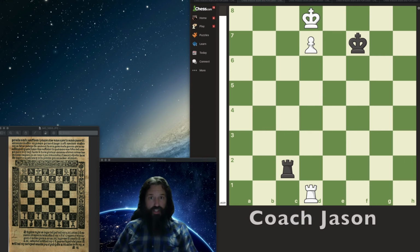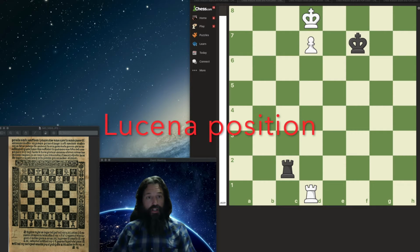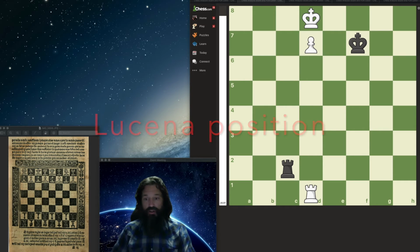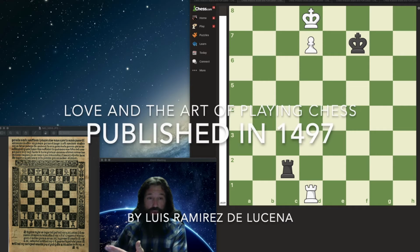Jason here, and today we have one of the most important fundamental endgames, rook and pawn endgames being the most common, and the Lucena position, as we have here, is one of the most important and famous of those rook and pawn endgames. It's called the Lucena position because something to do with this book that was written in 1497